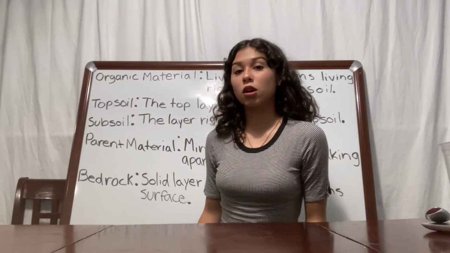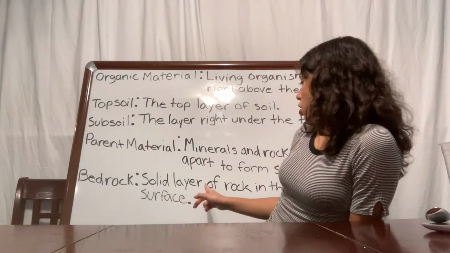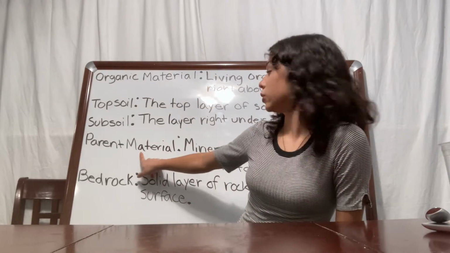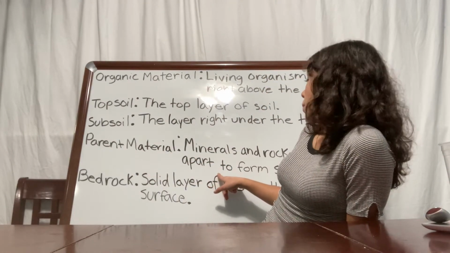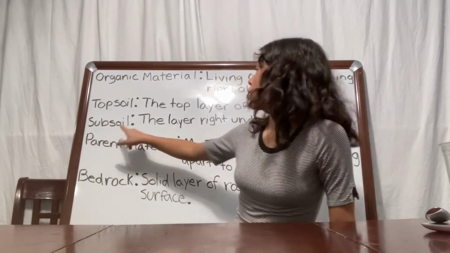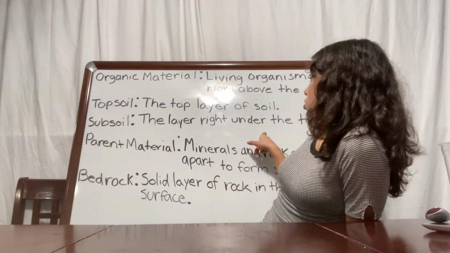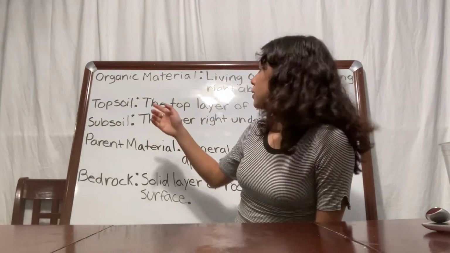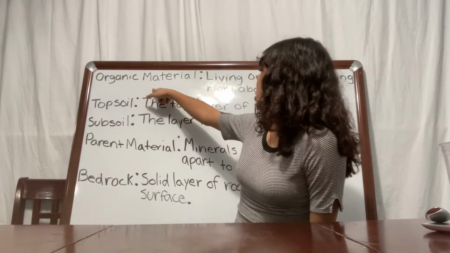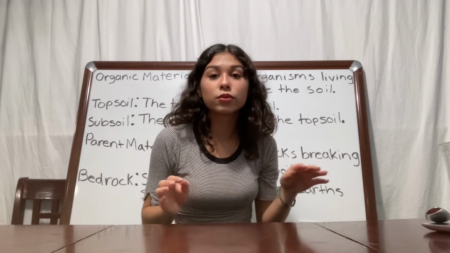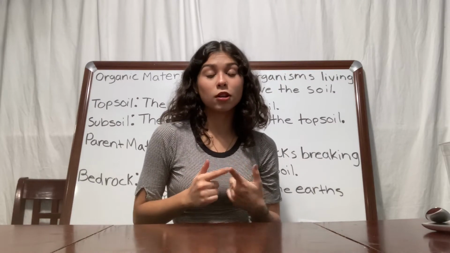The layers of the soil are bedrock, which is the solid layer of rock in the Earth's surface; parent material, which are minerals and rocks that break apart to form soil. We have subsoil, which is the layer of soil right under the topsoil. And we have topsoil, the top layer of soil, and finally organic material, which is living organisms that live right above the soil,